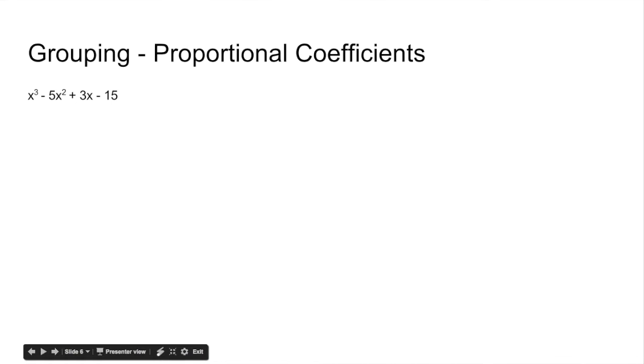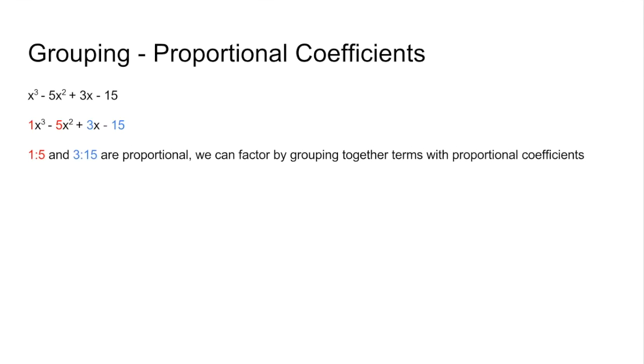When you factor with proportional coefficients, you'll see an equation that looks like this one, where you have x cubed minus 5x squared plus 3x minus 15. You'll notice that in the first two terms the coefficients are 1 and 5, and in the second two they are 3 and 15. So 1 and 5 and 3 and 15 are proportional,